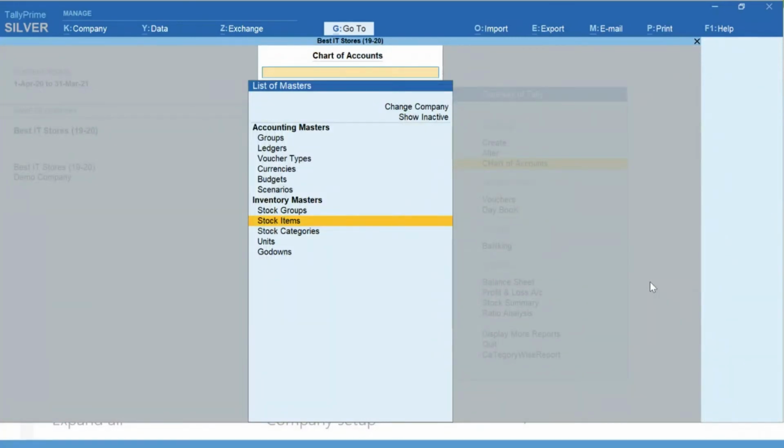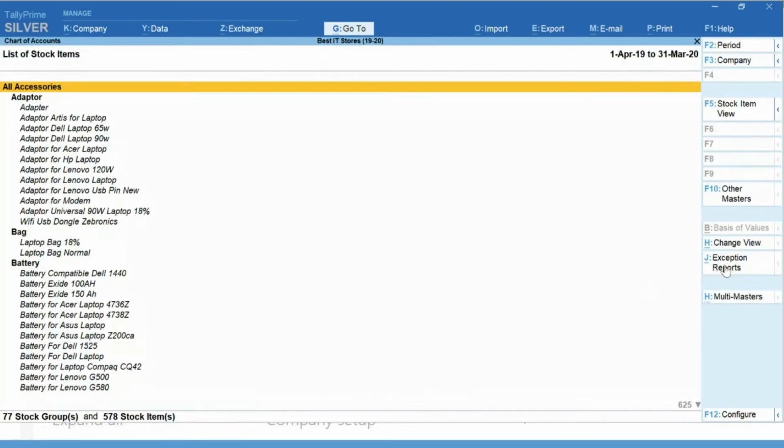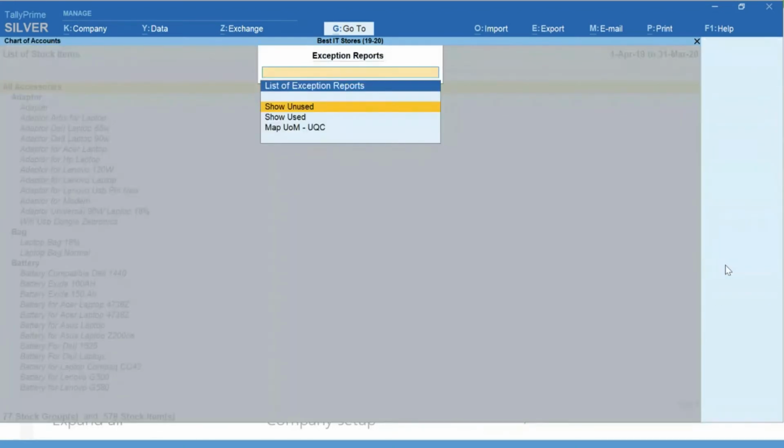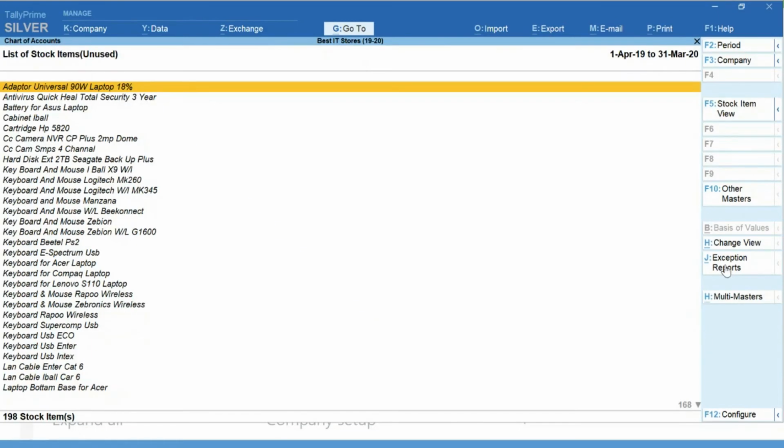Some of your customers will call and ask, sir, my person has created a lot of stock items, and some of the stock items are unused, and we are not going to use those stock items at all. I would like to clean those things. So how can I remove those stock items? But I would like to have a look on the screen and find out which are those items. So when you go to stock items, you can click on exception report, and the show unused option basically shows all the items which are not used.